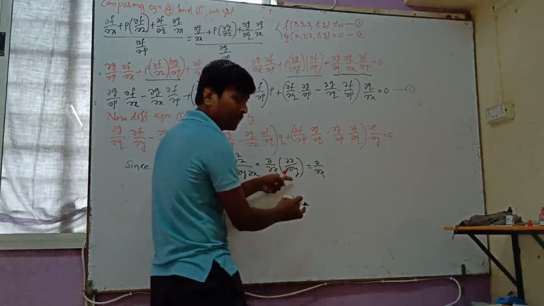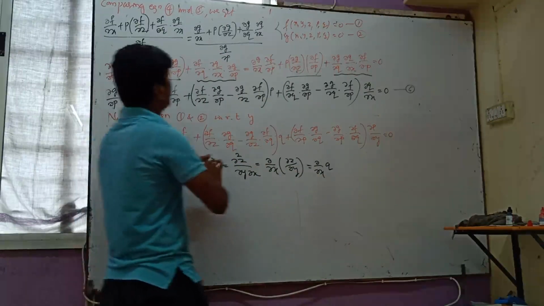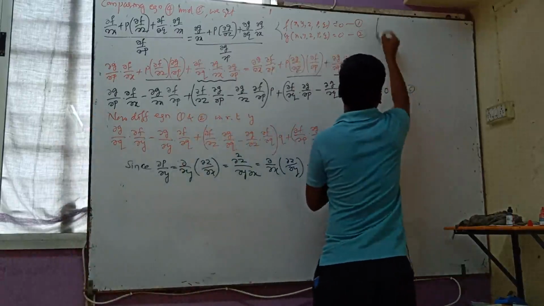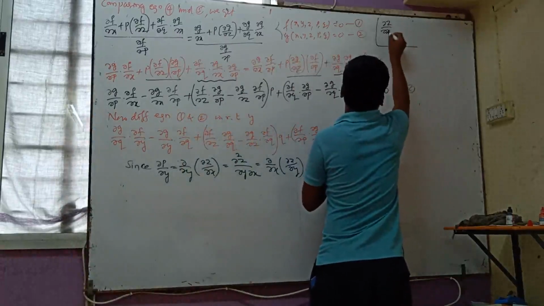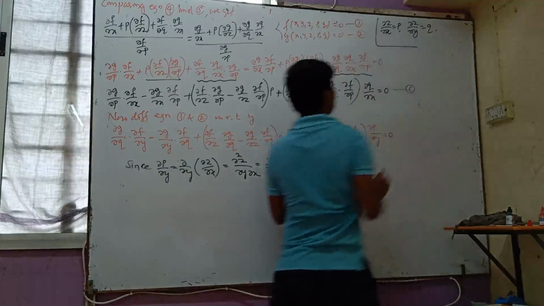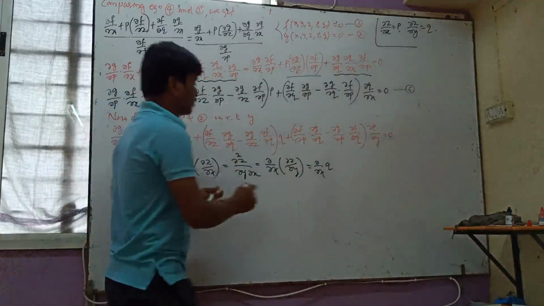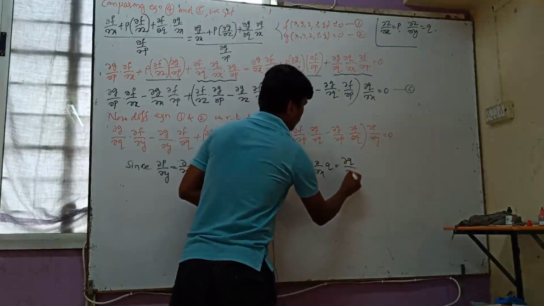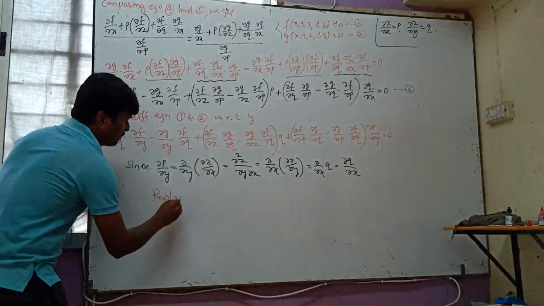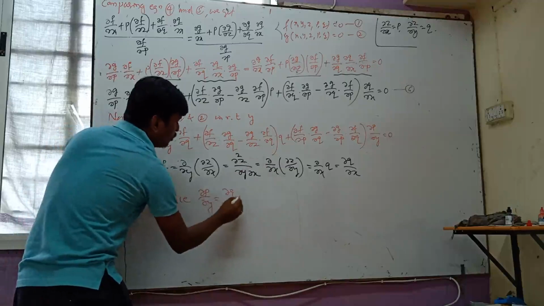So therefore dou by dou x of dou z by dou y is nothing but q. Two points you should always remember: dou z by dou x is nothing but p, and dou z by dou y is nothing but q. These two you must remember throughout the derivation. So I shall take this as dou q by dou x. Now, dou p by dou y is equal to dou q by dou x.